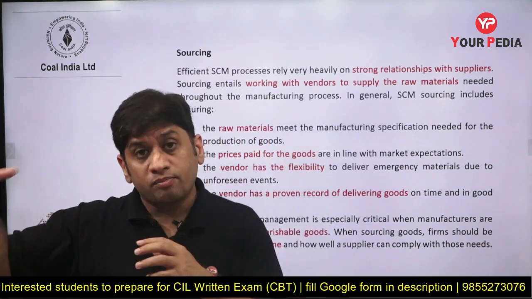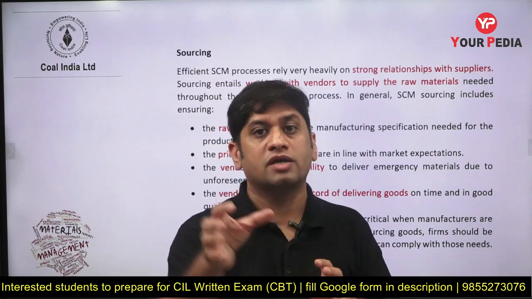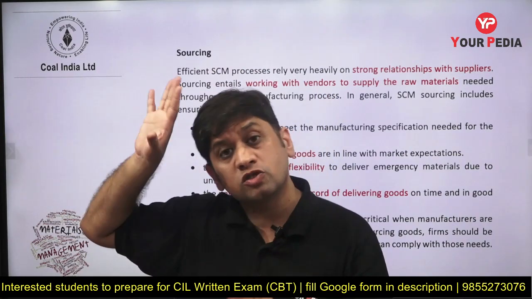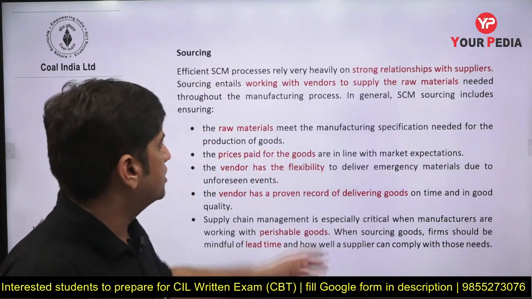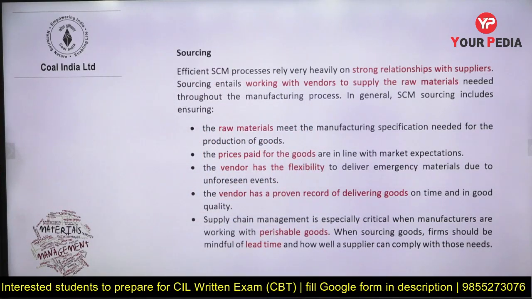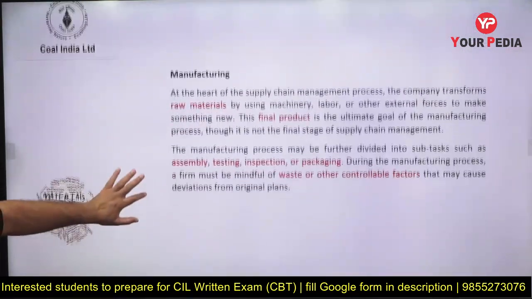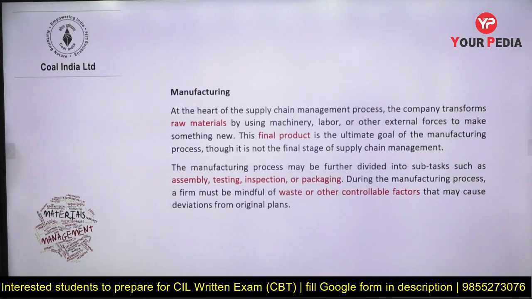So that person who supplies that book to Amazon is the supplier of Amazon. Now suppose supplier is not good, then entire supply chain of Amazon gets disturbed. So the relation should be very good with the vendors and suppliers. That is also important, and vendors and suppliers information is also a part of ERP. So now manufacturing: in the manufacturing you need to produce the final product from the raw material, and in MRP,